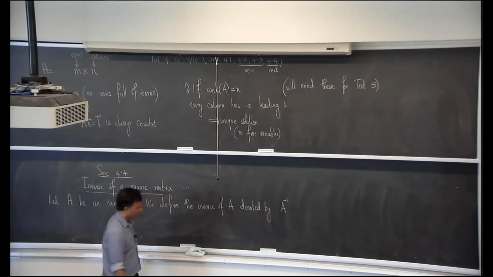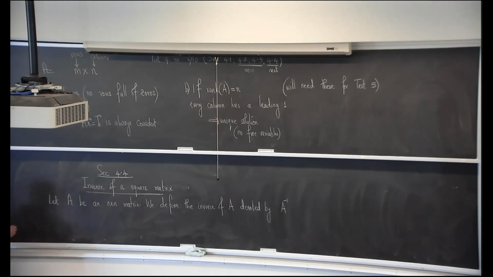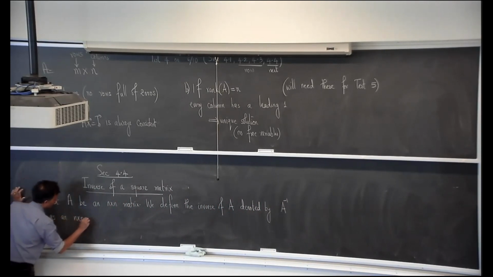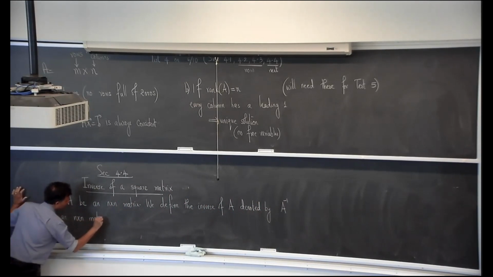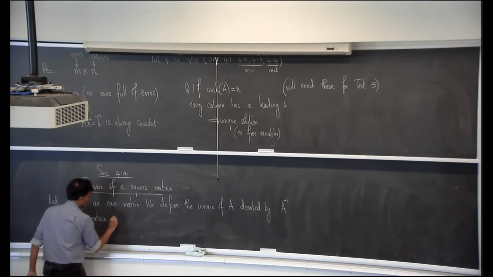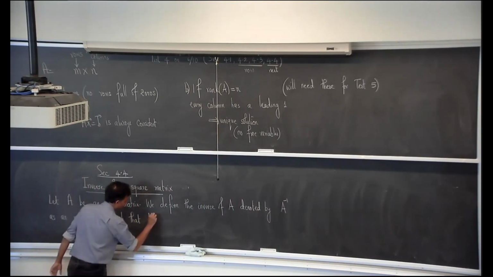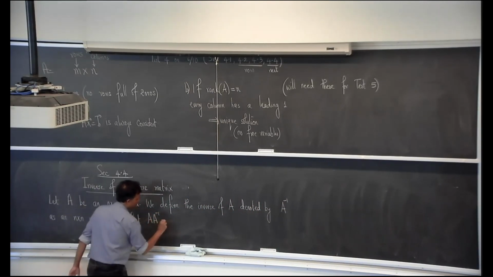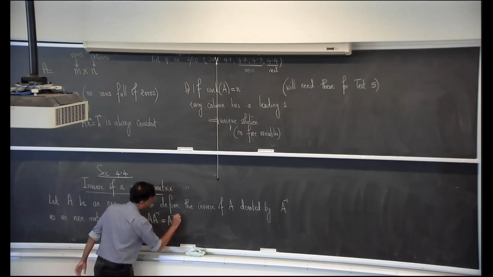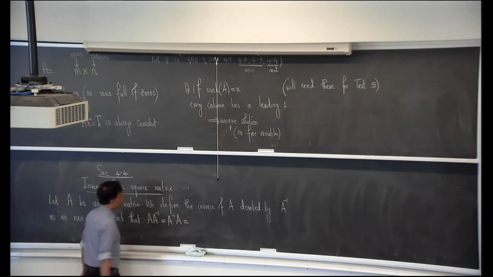You don't write 1 over A; as a tradition, you don't write fractions for matrices. We define the inverse of A as an n by n matrix such that the product A times A inverse is equal to A inverse times A, and that's equal to